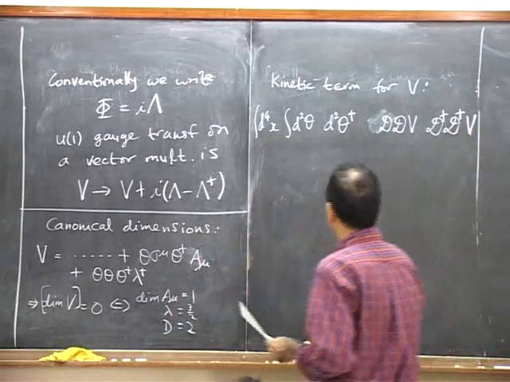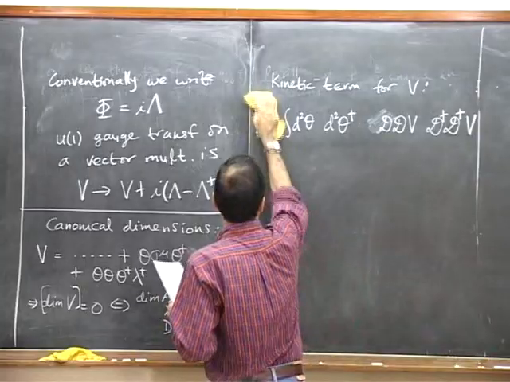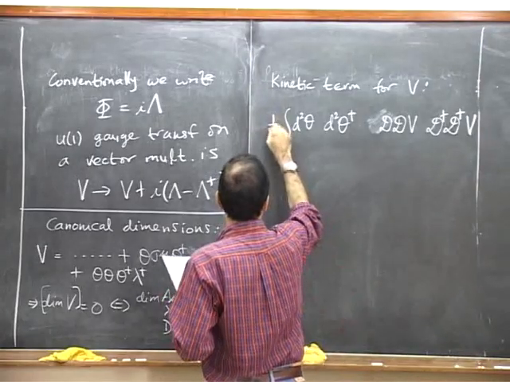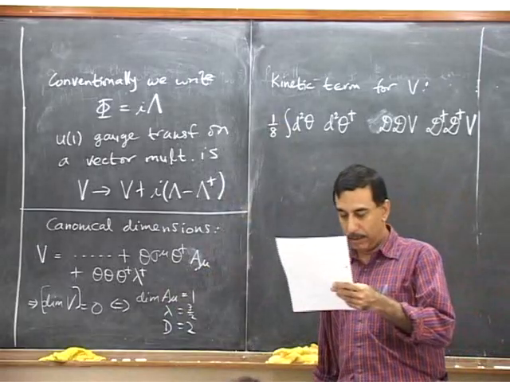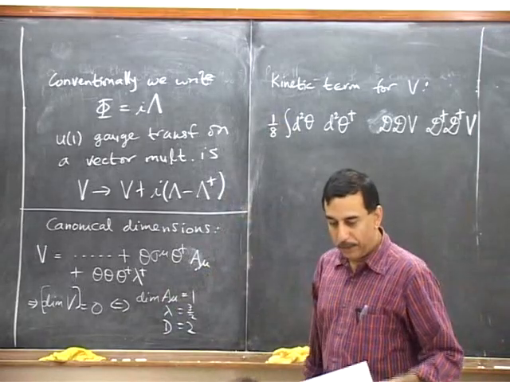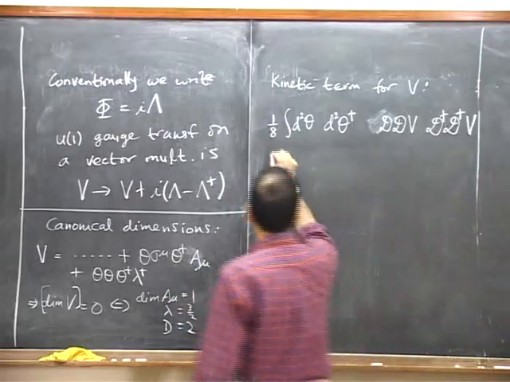And I'm going to just argue, now I'm going to rub out D for x, and I'm going to put a numerical coefficient 1 by 8, which according to me is going to be the right normalization. How do we find out that this is right? Now we plug in